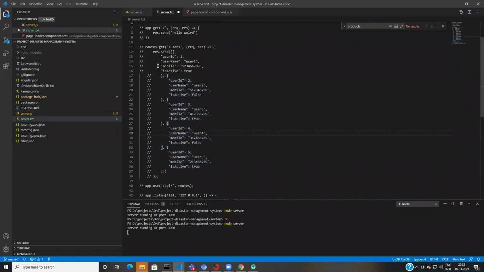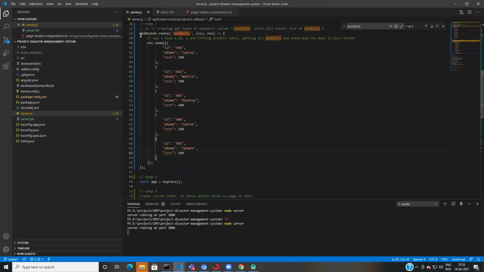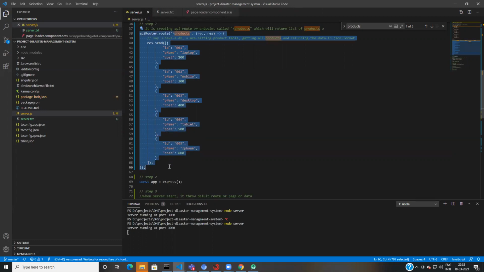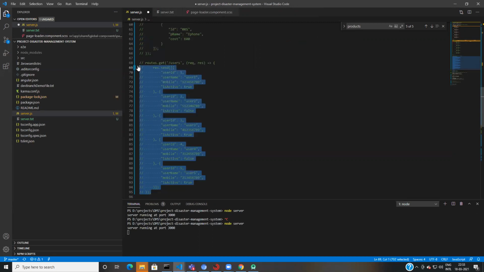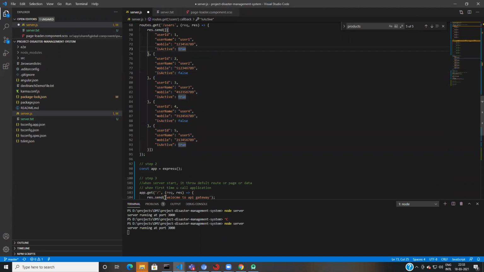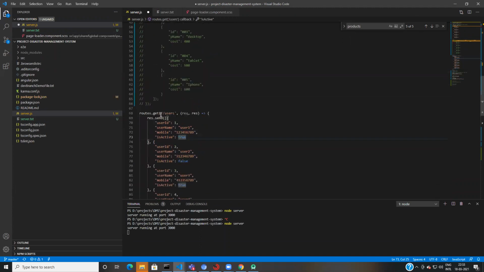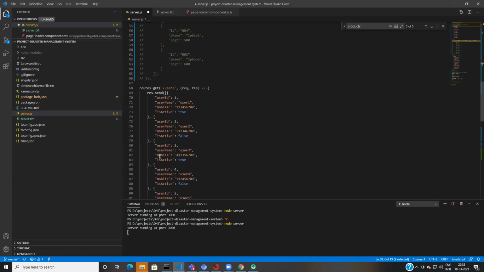Okay. Let's do one thing. I take this route as it is and use it in my application. Let's comment it, because this I have checked, it was working fine. Let's see where the issue is. Okay. API router.